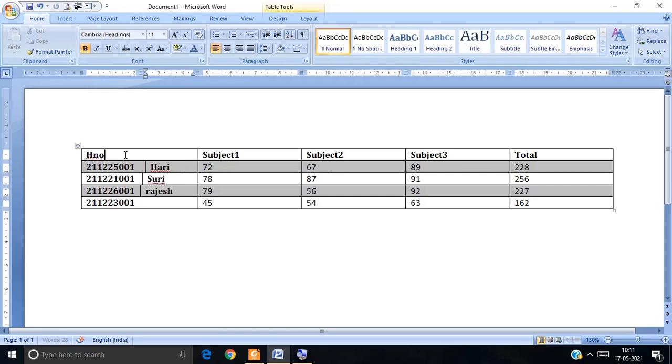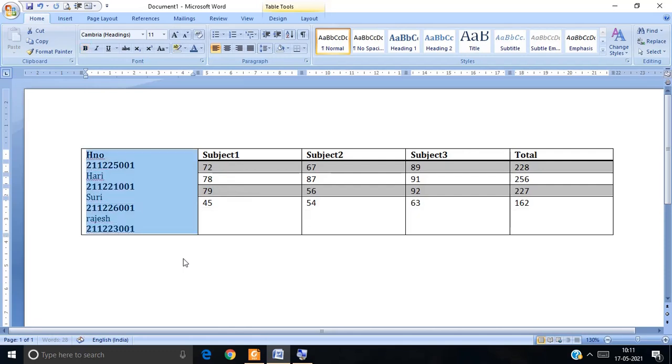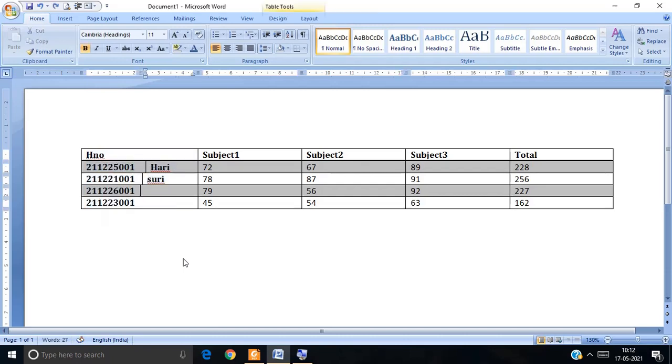And if you want to merge your cells, you can select the cells and click on the merge cells option. Then the cells will be merged. See, observe, automatically the cells are merged here. When are the split cells option and merge cells option used in tables? If we are going to give the table data in the form of huge data, at that time it is somewhat useful to insert your data.